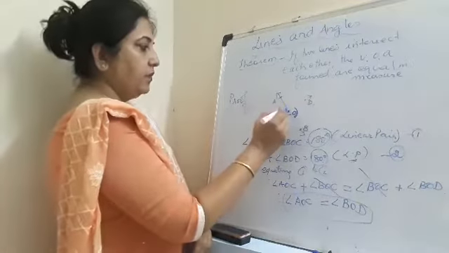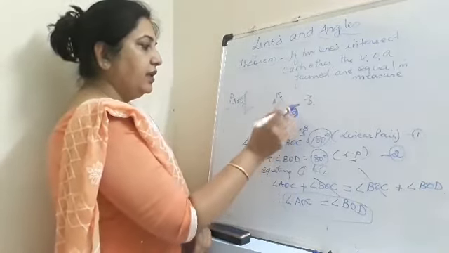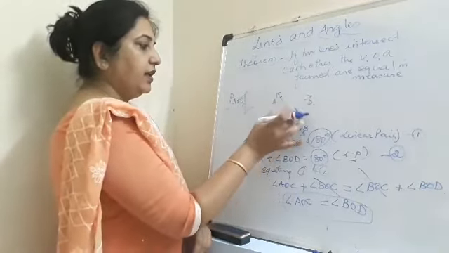Angle AOC, we had to prove that angle BOD, they are equal, since we know that the vertically opposite angles are opposite to each other, right? They are opposite. So this has to be equal to this. Now we'll prove that angle BOC is equal to angle AOD. So similarly, for the second part of the proof also, we will take two combinations.